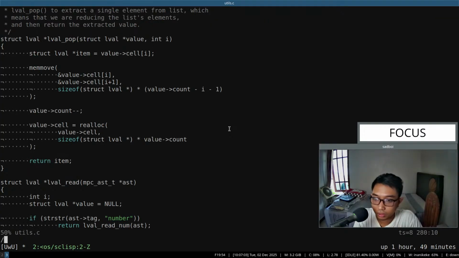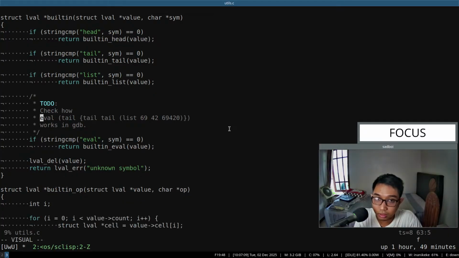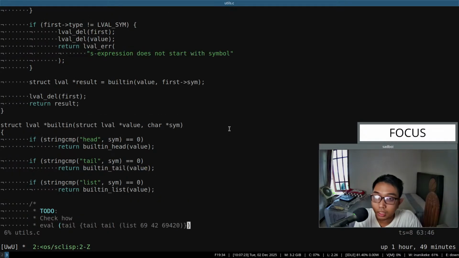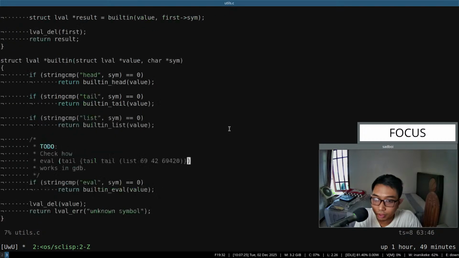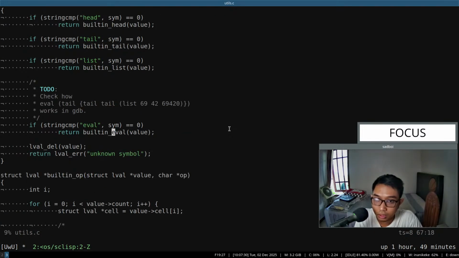So if we take a look at this one, not that. Okay, eval. We evaluate that and then execute this command, I guess, this function,